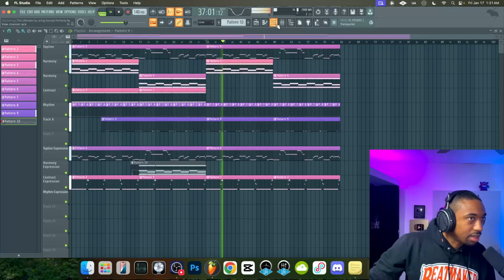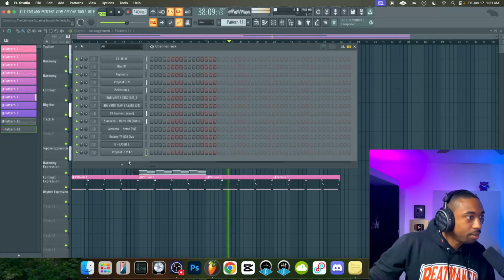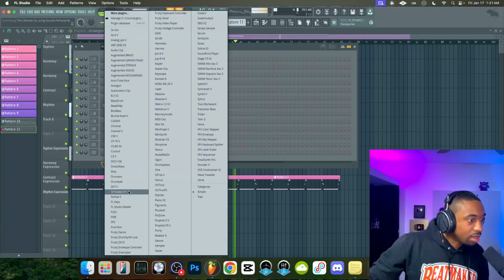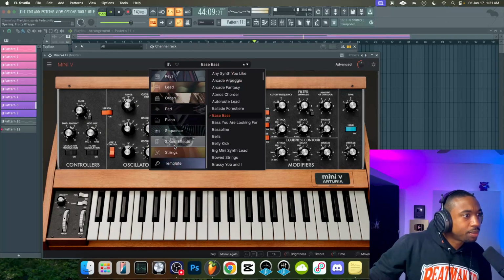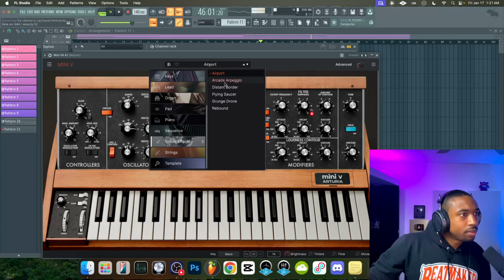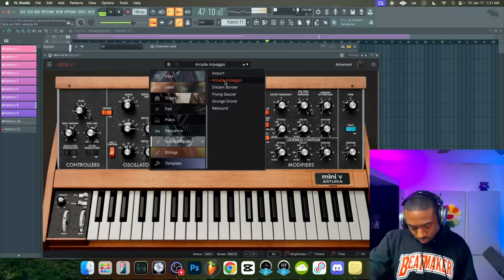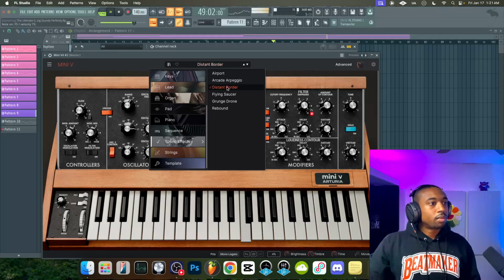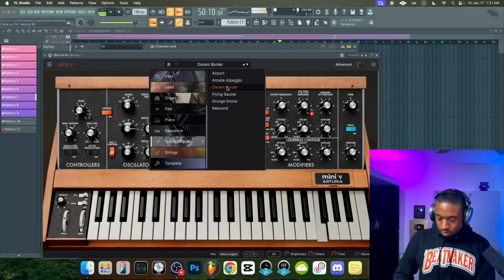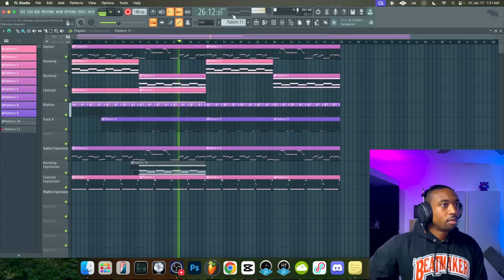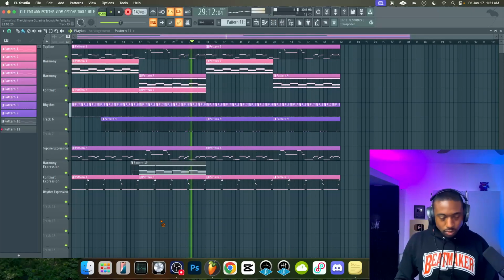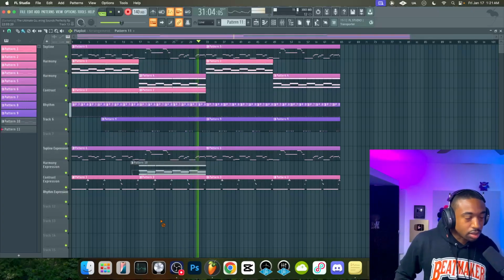Now I'm just going to see if we can find some sound effects to add over top. I don't even know what plugin would have sound effects, so I'm just guessing here. Let's see if some Moog has sound effects in here. Playing the root note for the sound effect.